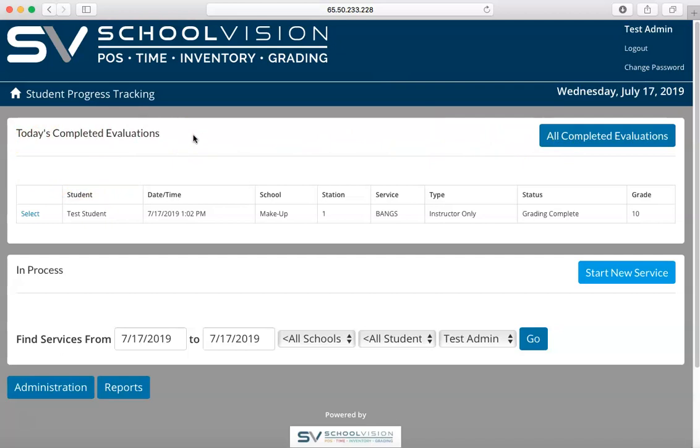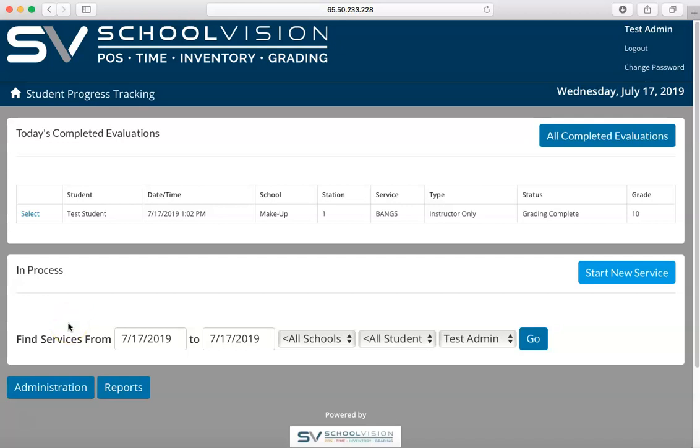That's the way we word it in here, but basically it's any procedures or services that have been completed and graded for the day. Today will be listed here. Any that are in process would be listed here. What that gives you the idea is that ideally, if you wanted to, when a student starts a service,